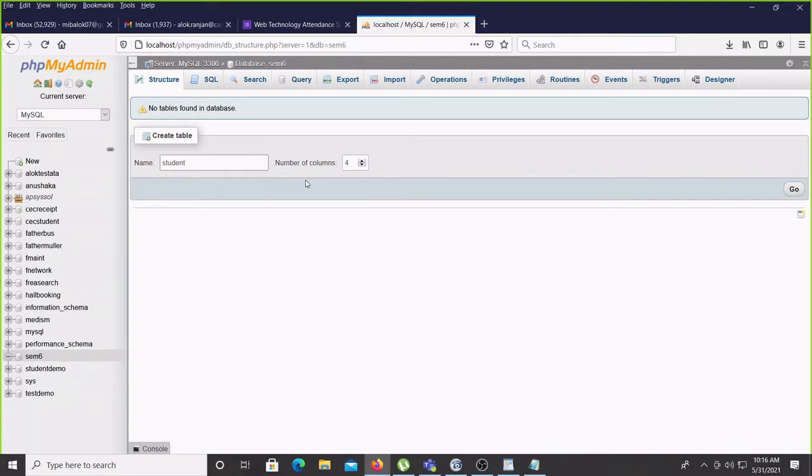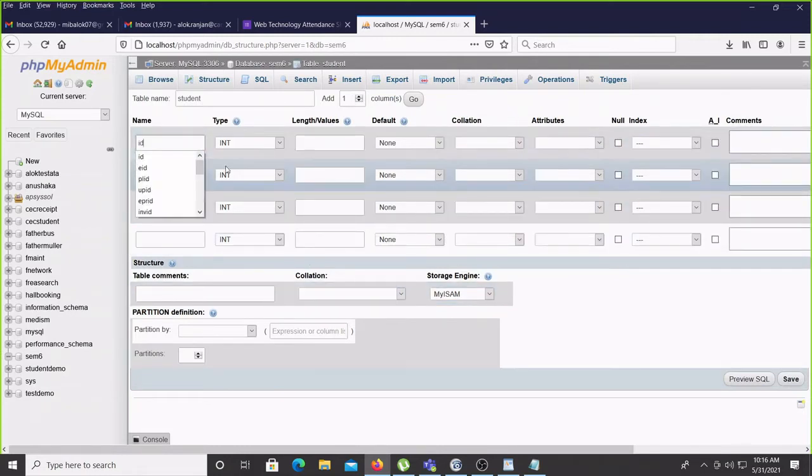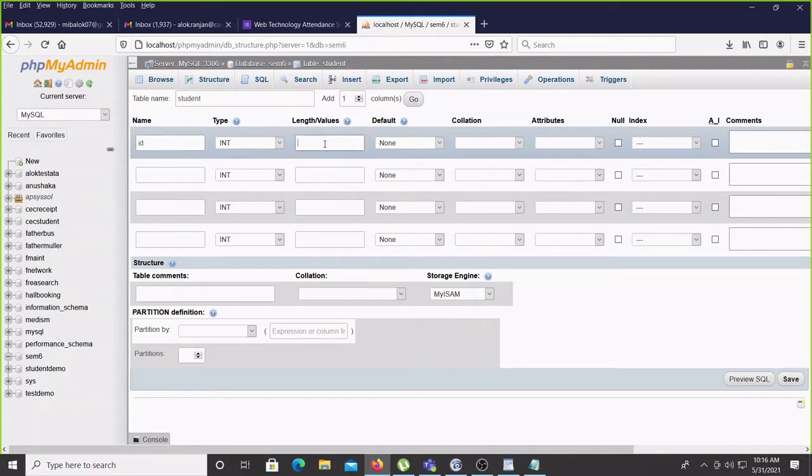In my table I am planning to keep the USN, name, branch, and one more I can put for ID. So total 4 columns. The first one is the ID. This ID is an integer. If you are giving the length of the ID, okay, otherwise by default, keep this point in your mind, the size is 11. For integer data types in phpMyAdmin, if you are not giving a length, by default they will consider 11. And this field I will make auto increment.